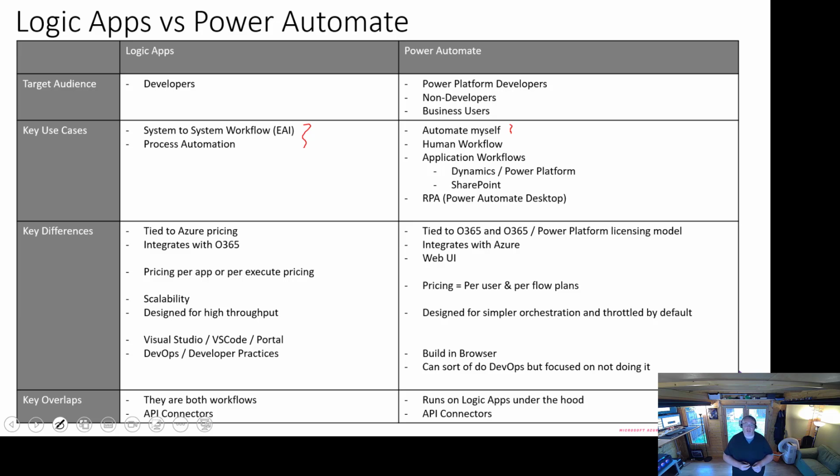You've then got application workflows. Now, I think this here is really a great scenario to illustrate the difference between Logic Apps and Power Automate. Because you might have a Power Platform developer who's in that Power Platform ecosystem and they need to build a workflow as part of the application itself. So maybe you write some data to a table, it triggers a workflow that goes and gets that data you've written to the table, writes data into other tables, does lookups, and does some